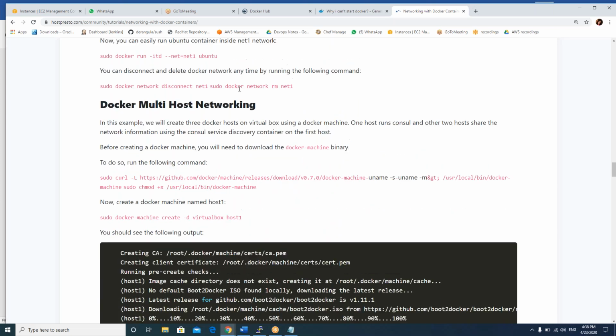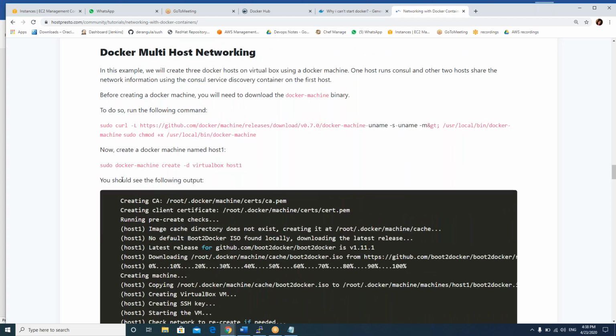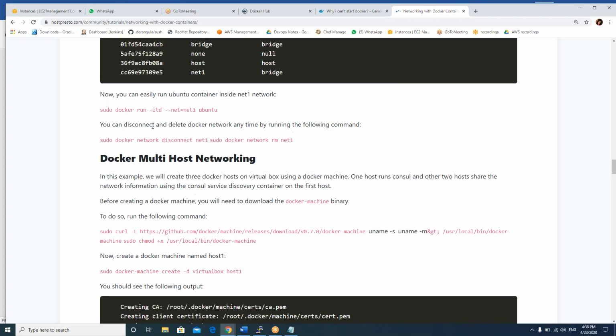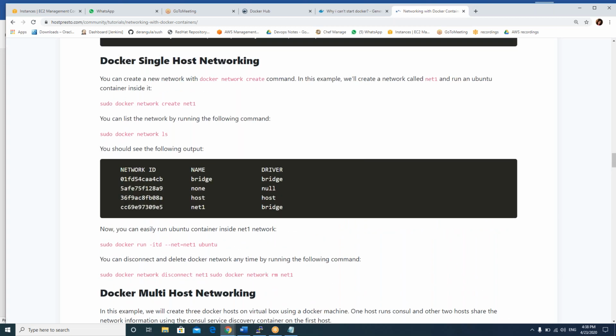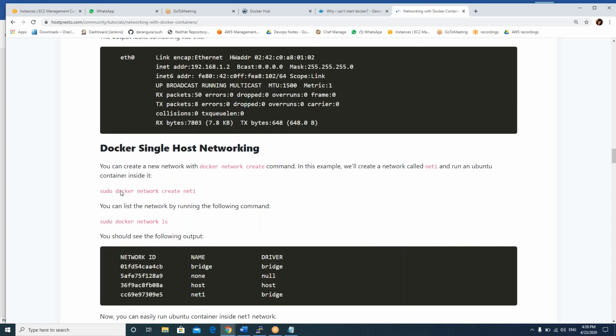No, not that one. This one. Scroll up, scroll up. This is the command you can give. So I'll give you the full command. Wait. Actually, he's not giving the full command. I'll give you the command.